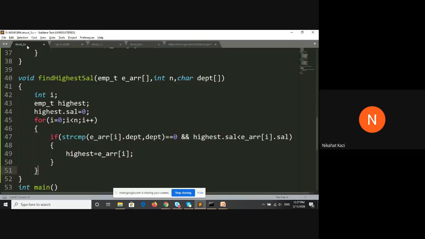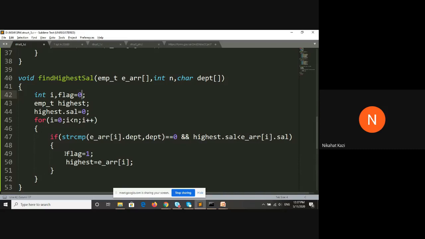You can use a flag. I'll show both methods. Flag is equal to 0 before going in.